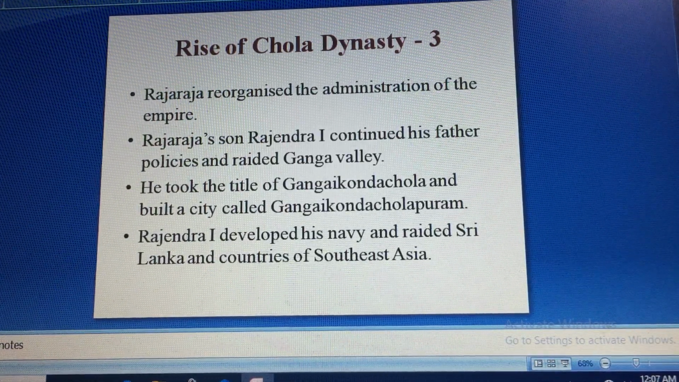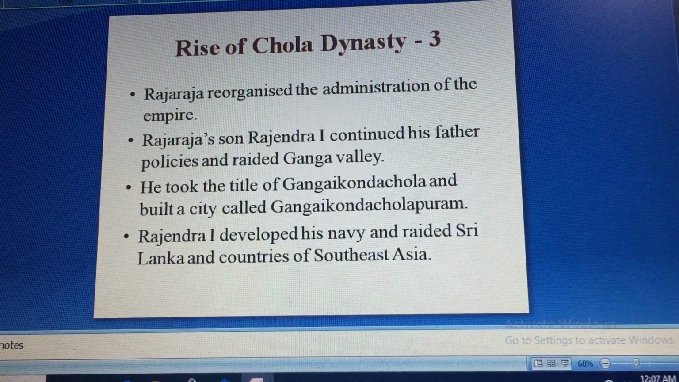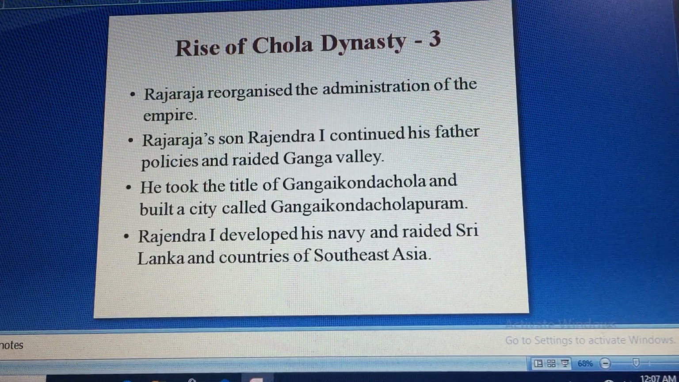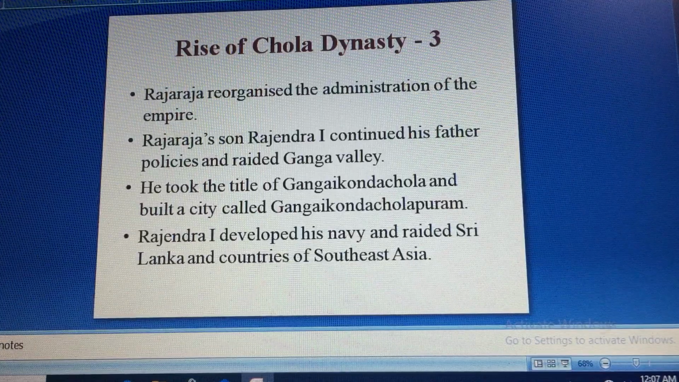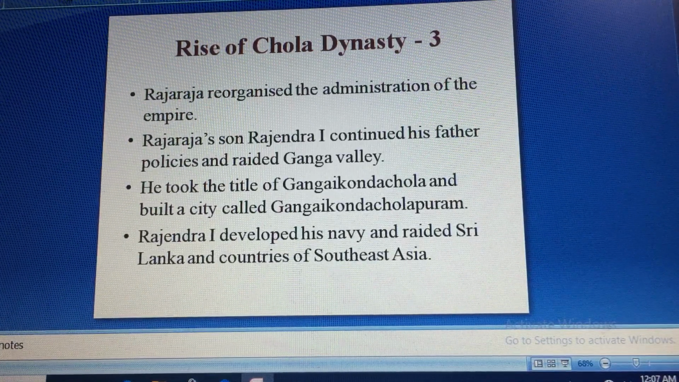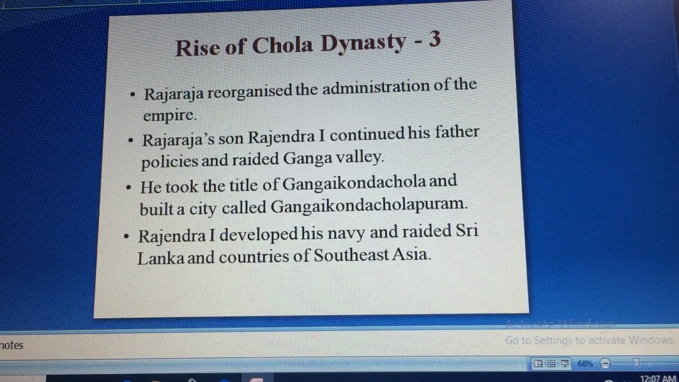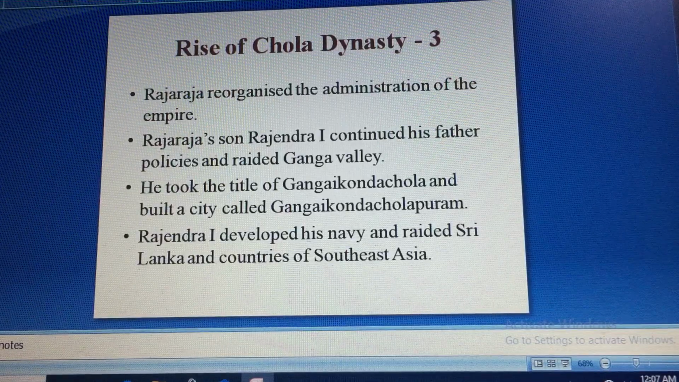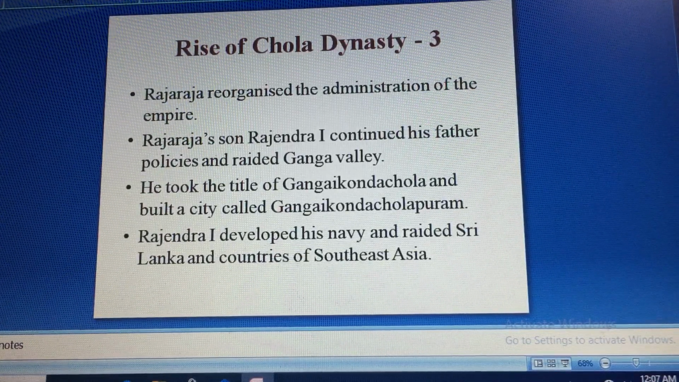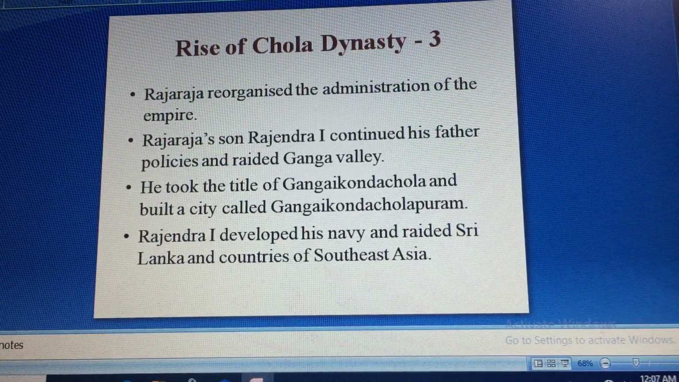Rajendra I developed his navy and raided Sri Lanka and other Southeast Asian countries. So he empowered his navy very well and he attacked Southeast Asian countries like Malaysia, Thailand and Cambodia. And you must have heard of the Ramayana being played there, and you do see remnants of Hindu culture over there. So many historians say it's Rajendra I who raided Southeast Asian countries, and